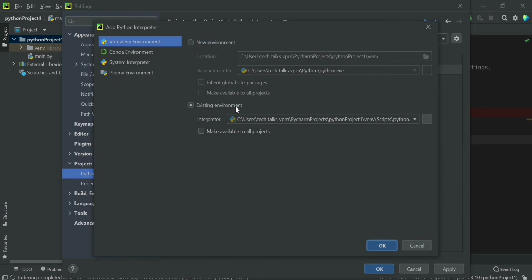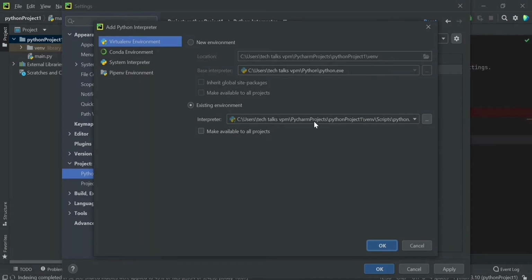So currently we can see the existing environment selected is venv. It is the virtual environment interpreter. You can see the term, right? So it is corresponding to the created project only. If you look at the folder location, you can see PyCharm project, Python project 1, right? It is corresponding to Python project 1. So it's a virtual environment interpreter. And after that, you can see the folder name venv and Scripts, Python.